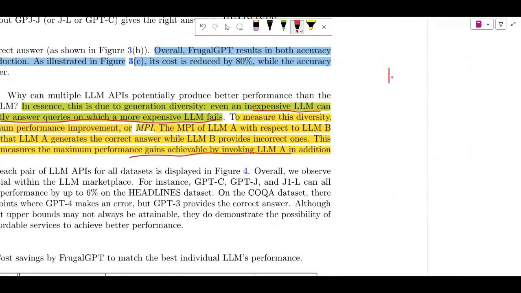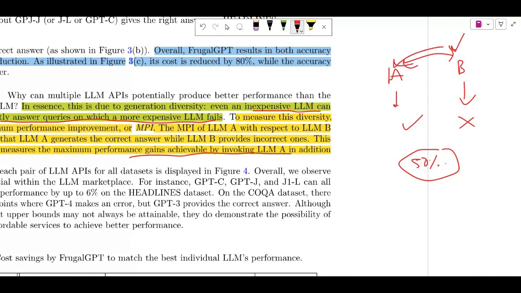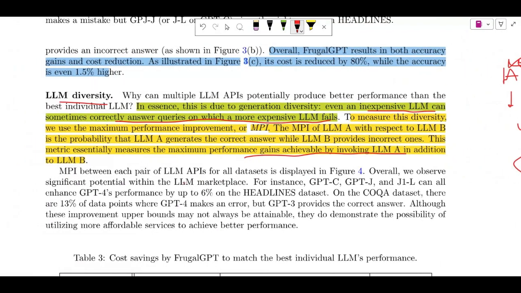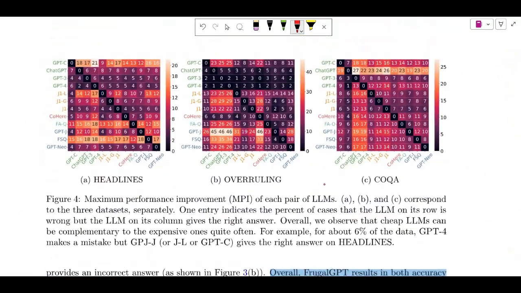So it is basically like you have two models, A and B. What is the percentage of times where B gives the wrong answer and A gives the correct answer? Say that is 50% of the times. So you can have this much gain if you call both A and B, so that when B fails, you can get the correct answer from A. That is somewhat what this metric wants to discover, and they created a plot from it, and they showcase that